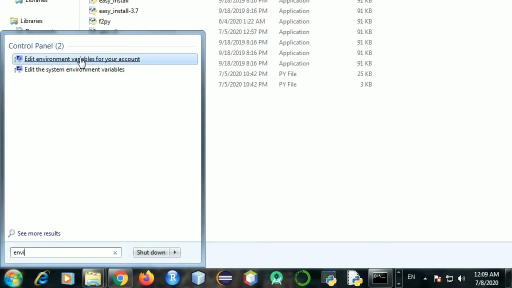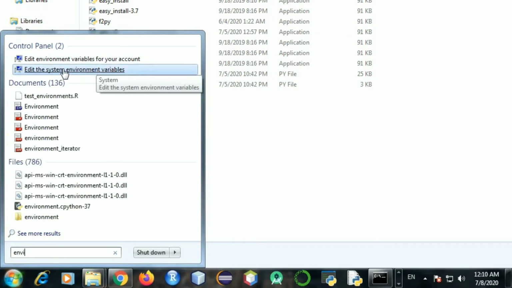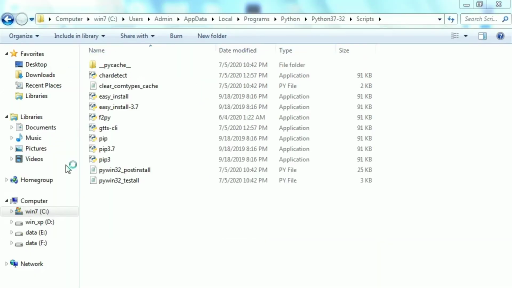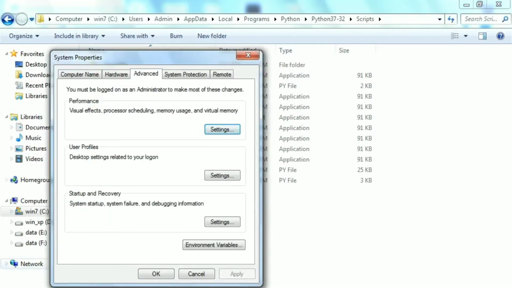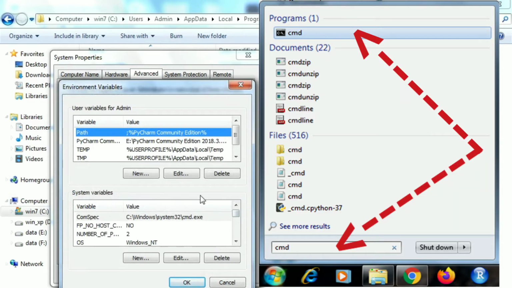You see this? Edit environment variables. Select edit the system environment variables. You have this pop-up given to you. You need to go to environment variables down here. Next, system variables. From system variables here, find path. You'll get it down here.